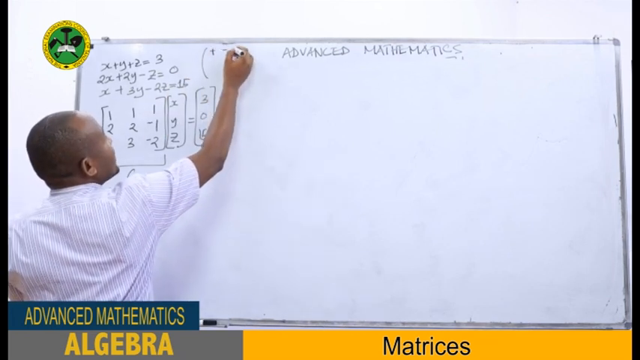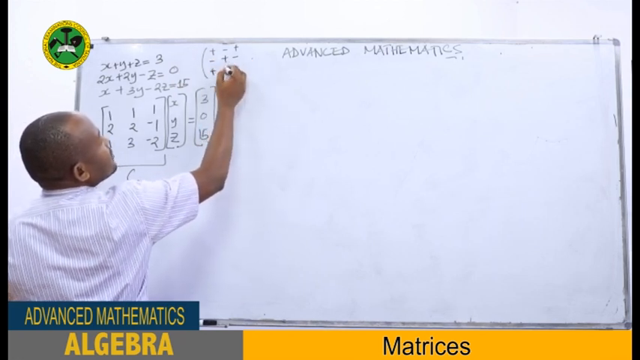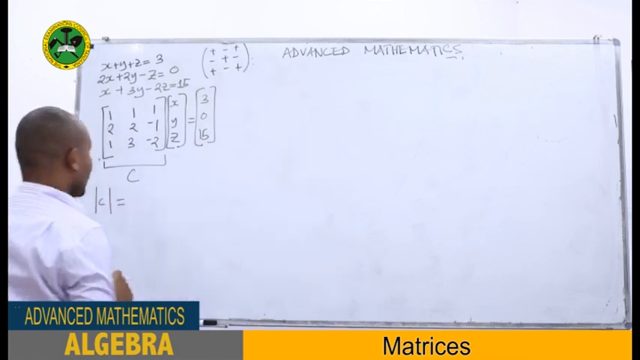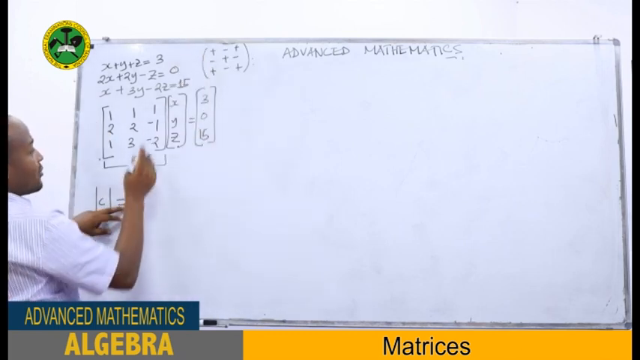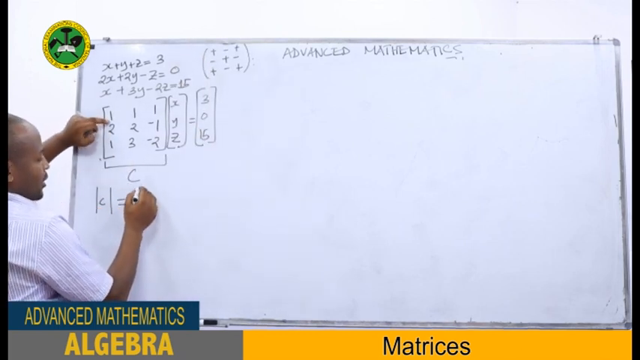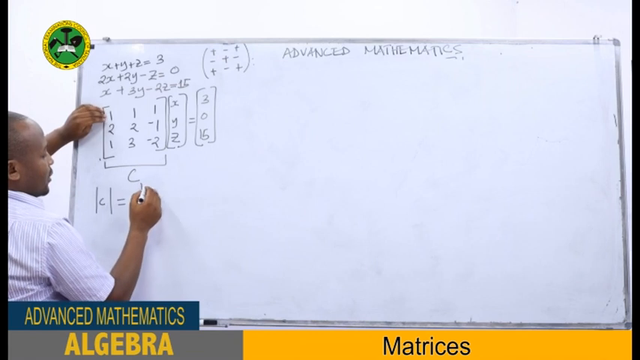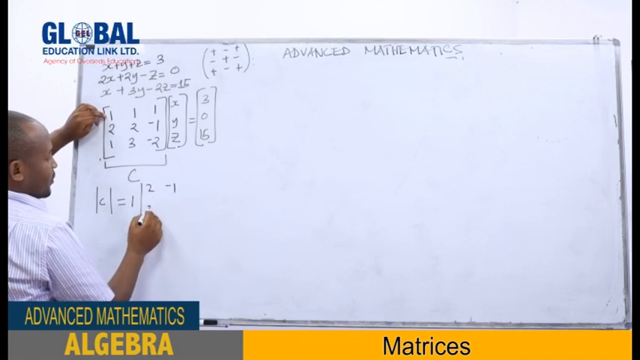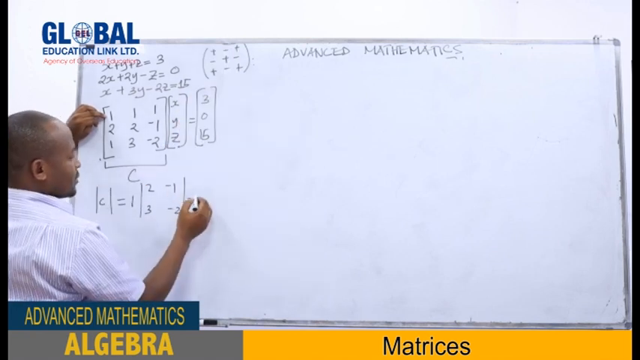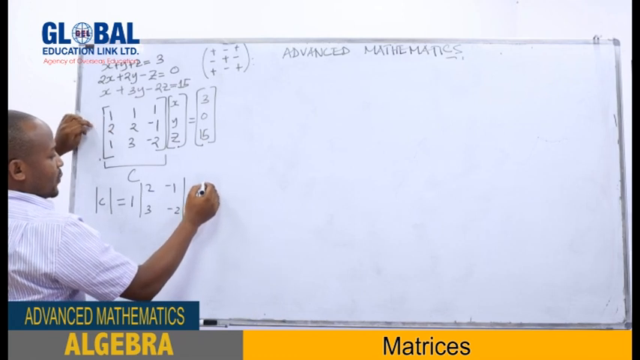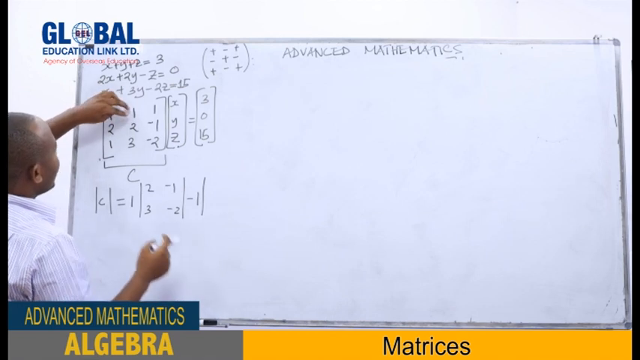We have positive, negative, positive, negative, positive, negative, positive, negative, positive. Now I will use this one. So we have a positive, and then we are taking 1, and the determinant of a 2 by 2 matrix that is left after covering that 1, we are left with 2, negative 1, 3, negative 2, then minus 1 is there. Remember when I reminded you about how to find the determinant,